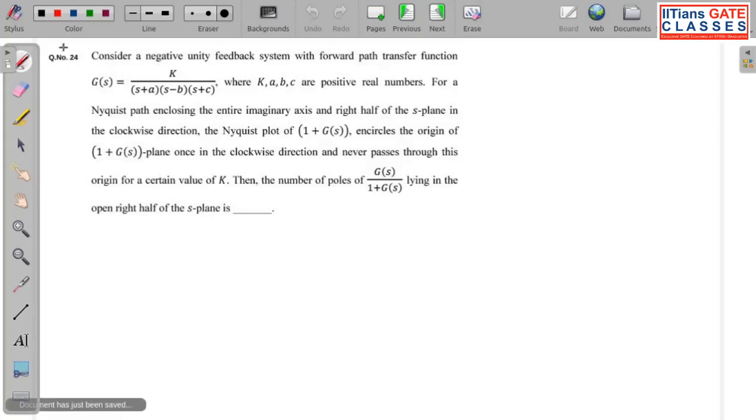So now this was actually a good question, in the sense that it is a lengthy question. So what is the question? Consider a negative unity feedback system with forward path transfer function given. They have given you the forward path transfer function